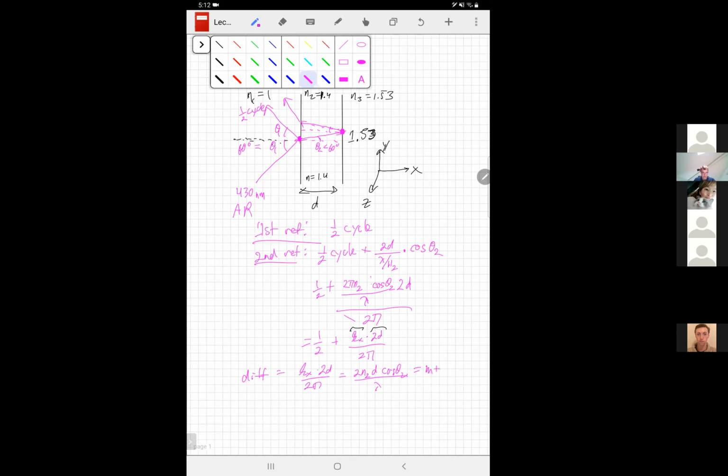Yep. And from the examples we've done, what's the most advantageous value of m for an anti-reflection coating? Don't overthink it. 0. So just 1/2, which means that d should be, if we do the algebra, we multiply both sides by lambda, divide by 2n2 cosine theta 2, and we're going to get lambda over 4n2 cosine theta 2,